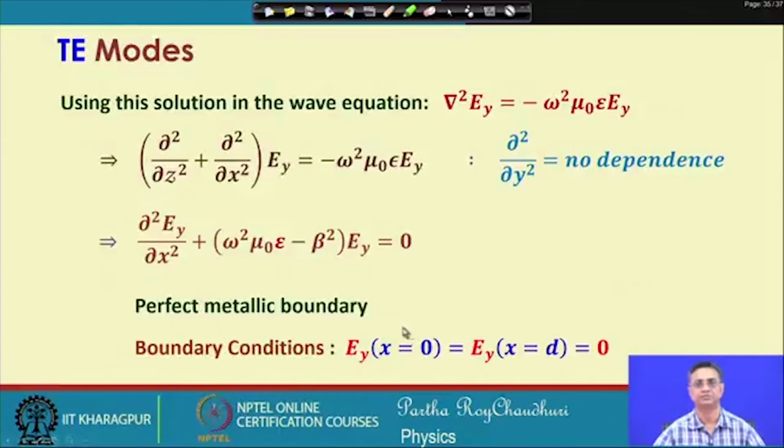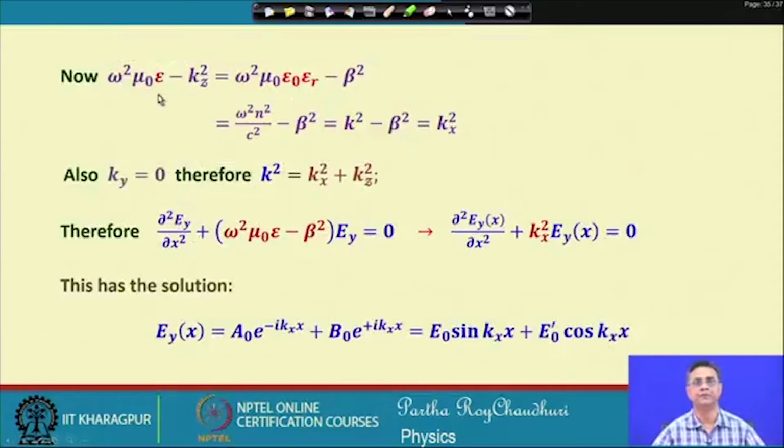So, at the metallic boundaries, placed at x equal to 0 and x equal to d, Ey will be equal to 0, and at x equal to d, that is another boundary, the field will be equal to 0. Also, this quantity, omega square mu naught epsilon minus k z square, is represented by this equation. Epsilon will be equal to epsilon naught epsilon r, the relative permittivity of the medium, which will be equal to n square,